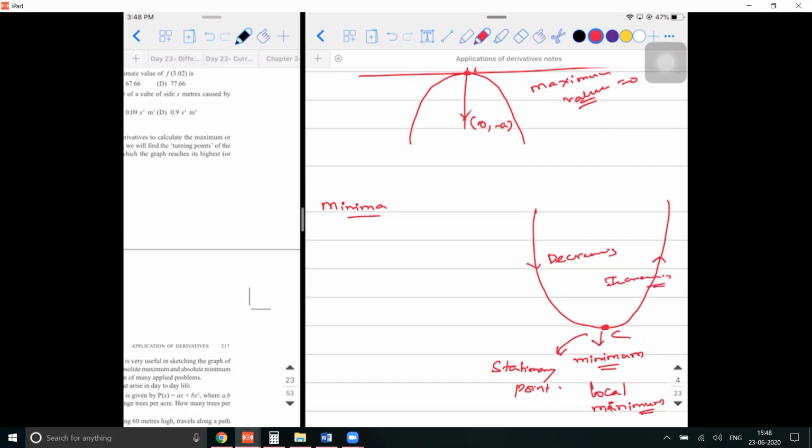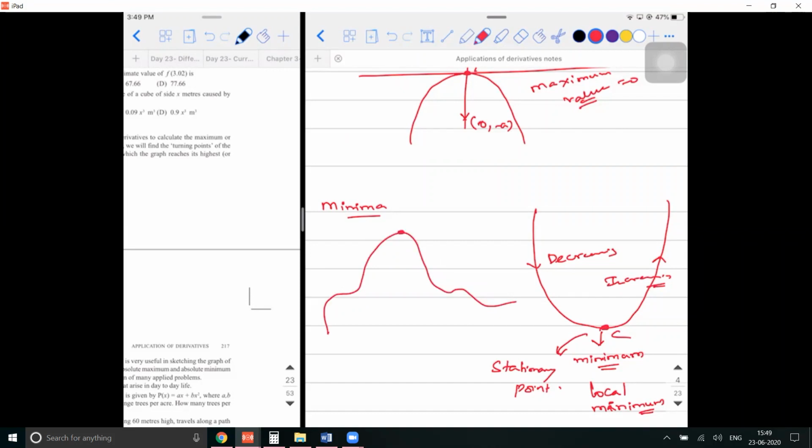Right. But what is happening exactly at point C? It is neither decreasing nor increasing. So what do you mean by that? If I try to draw any random shape in my hand, it need not be a parabola or something. I can take any curve. So if I take it like this, if I ask you about this point, what will you say?